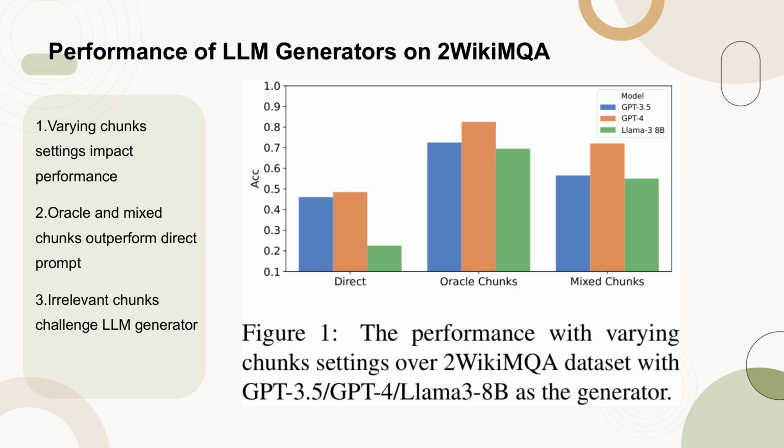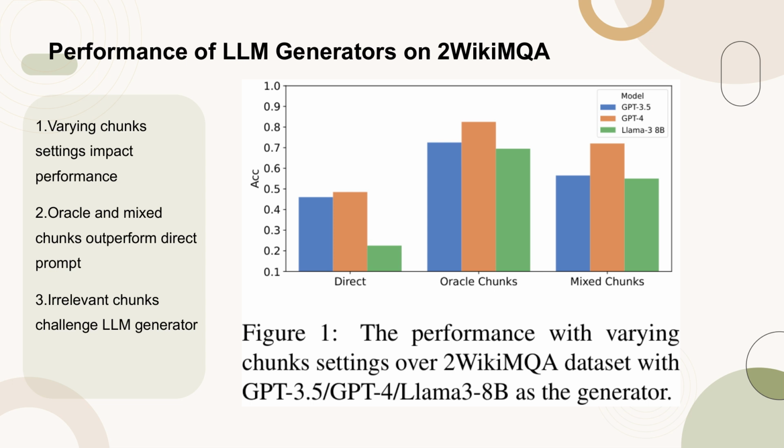Figure 1 illustrates the performance of LLM generators, including GPT 3.5, GPT 4, and Llama 3-8b, on the 2WikiMQA dataset under different chunk settings. The settings tested include direct prompt, oracle chunks, and mixed chunks. The results show that both oracle and mixed chunk settings improve performance over direct answering. However, the presence of irrelevant chunks still poses a challenge to the LLM generator, indicating the need for more precise